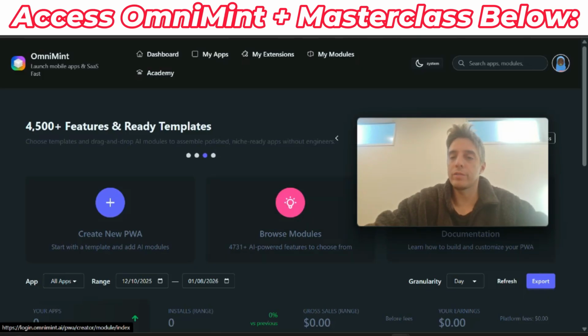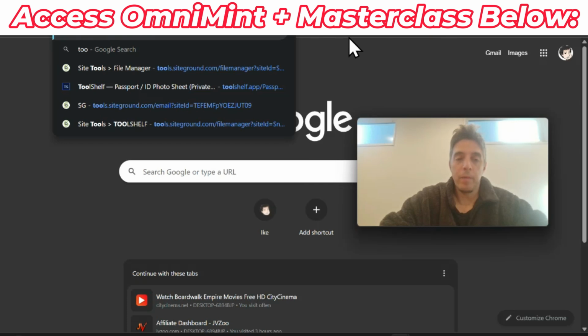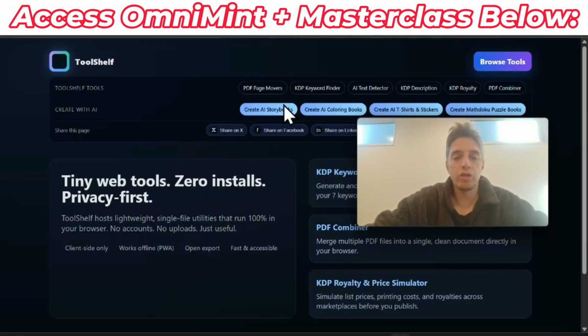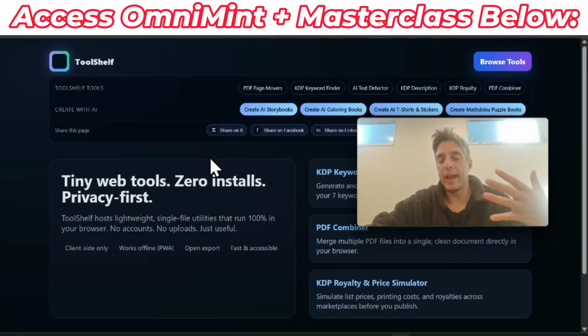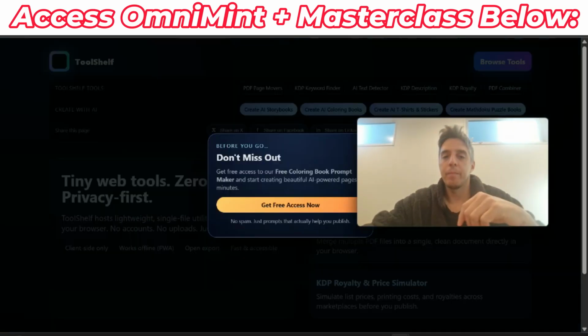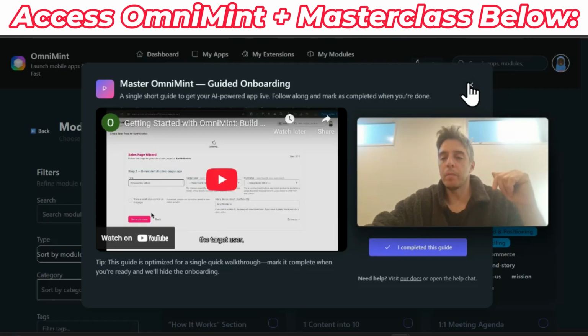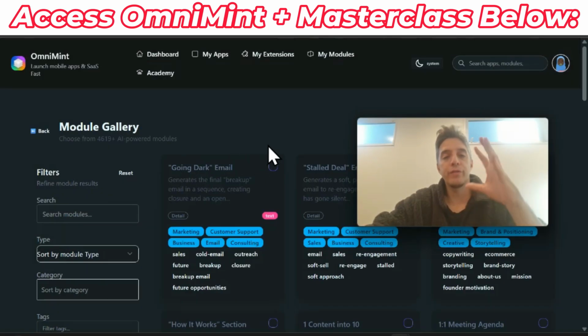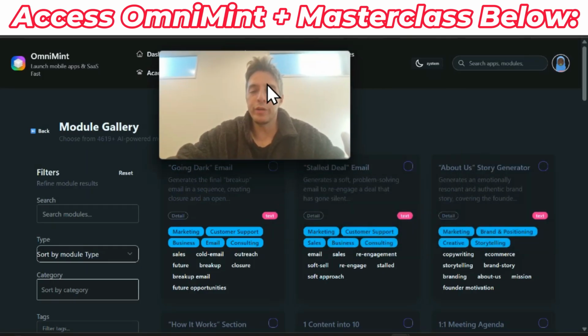So a good example of this is my tool here, tool shelf. I created this using just AI, but this is a little bit more complicated. But with OmniMint, you can do it much easier. The cool thing is the first video you see teaches you everything you need to know. Okay. So basically, when you're here,